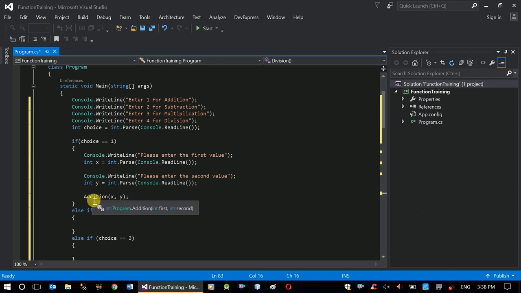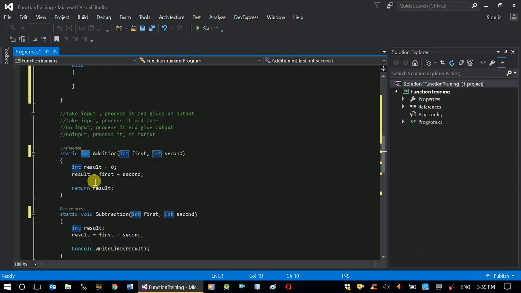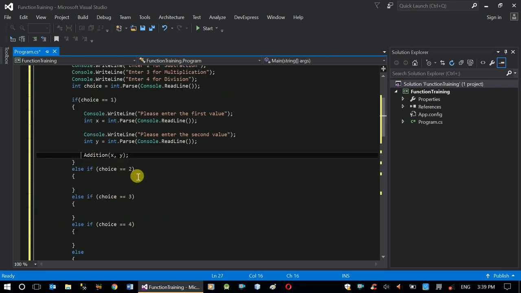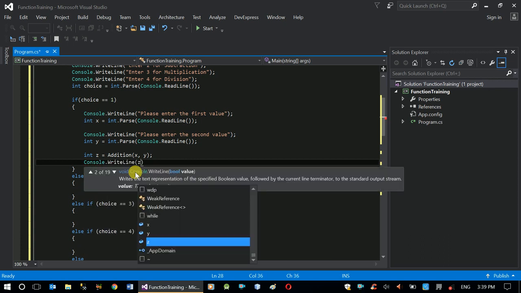Now we called addition function. How do we know the result? How am I going to get the result after adding two numbers? What addition function does is it returns an integer value, the result of the sum of two given numbers, right? So if the value is being returned, then I can accept the returned value and show it to the user, which means I'll have integer variable called z and console.writeLine, and I'll show the variable z,